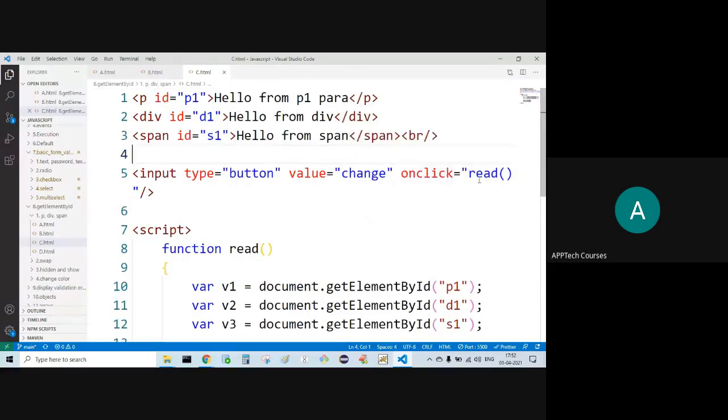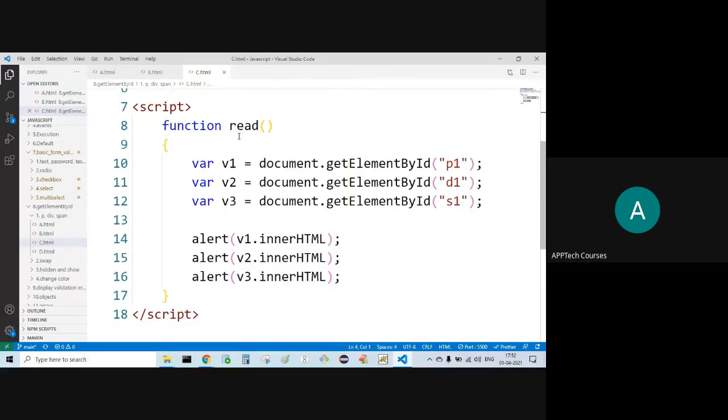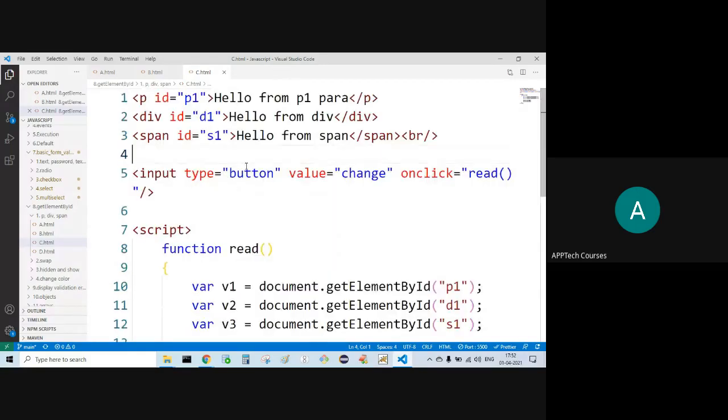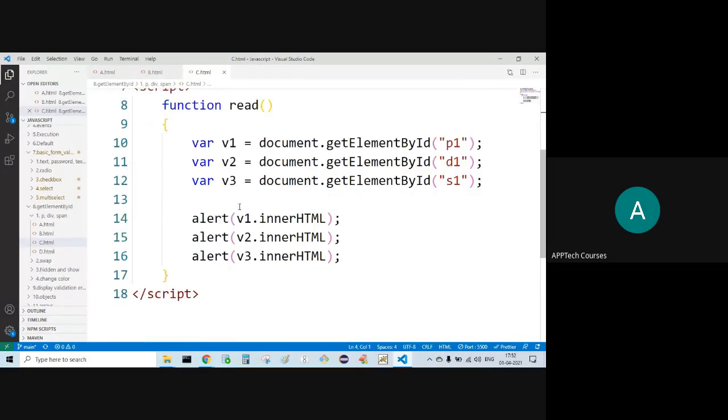On click, the read function is there. So click on this button, the read function will be invoked. What is there in the read? document.getElementById P1, D1, S1. P1.innerHTML, V2.innerHTML, V3.innerHTML. Simply I'm going to read the content.